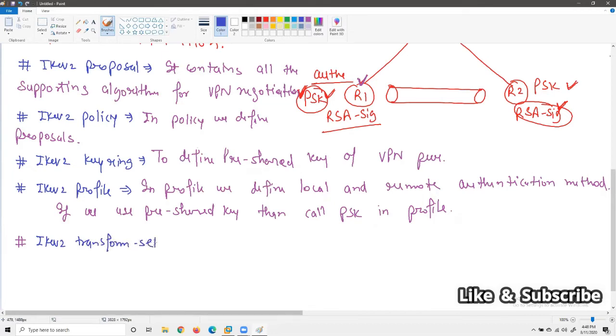And you know that transform set, what will it contain? It will contain the encryption and hashing algorithm that is being used to encrypt the user traffic, to secure the user traffic.